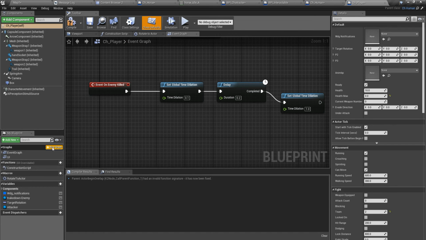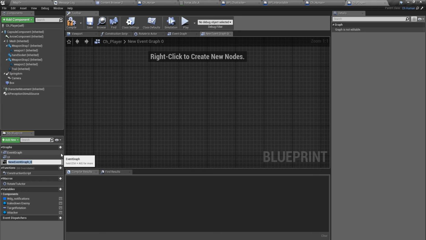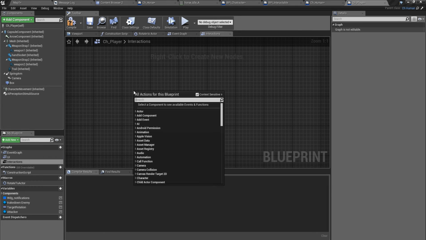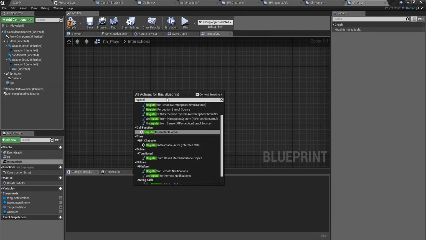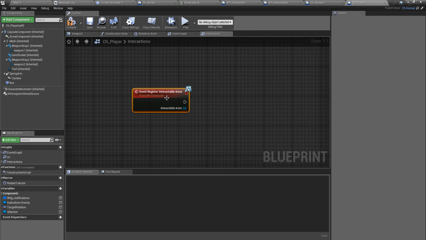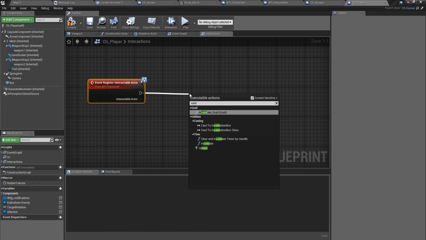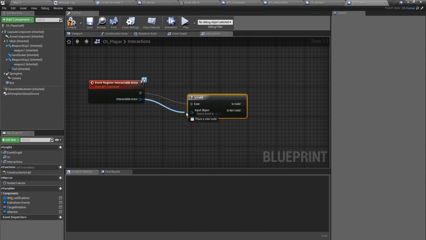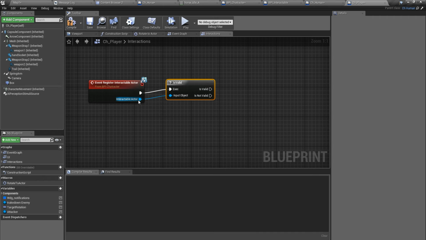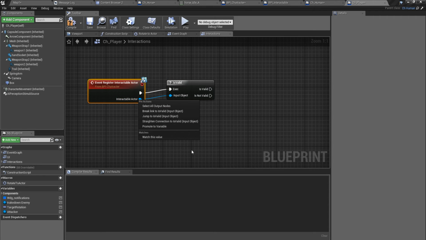I'll add a new event graph called interactions, and here set register interactable actor, and I'll do an is valid,